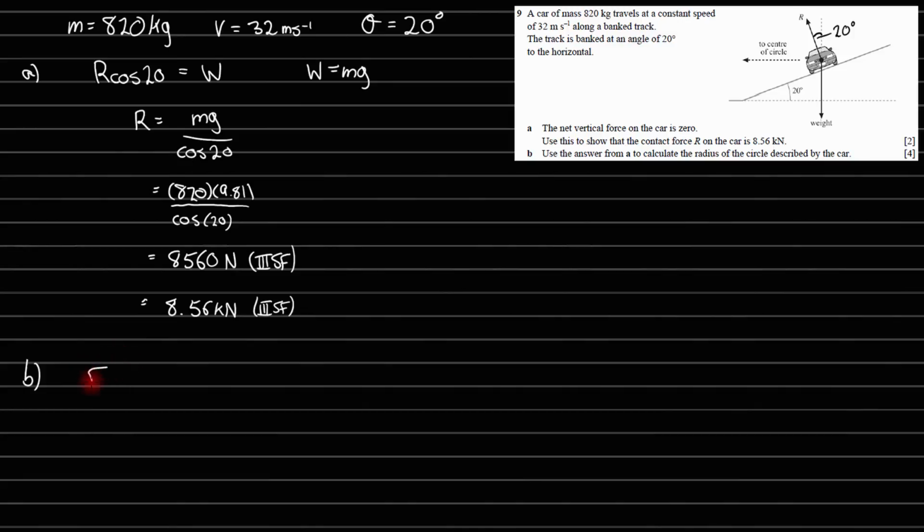We know that F is equal to mv squared divided by r, the radius. The centripetal force then, well, what is providing the centripetal force in this case? Well, when we have a look at this, the only force acting in the direction towards the centre of the circle